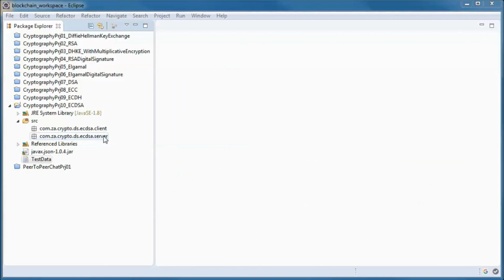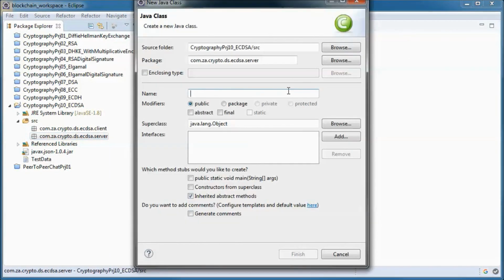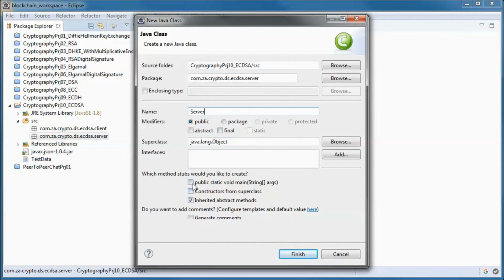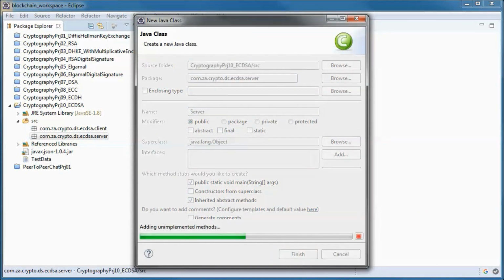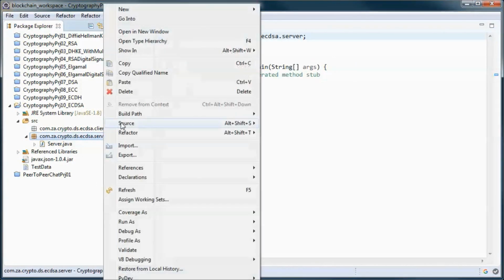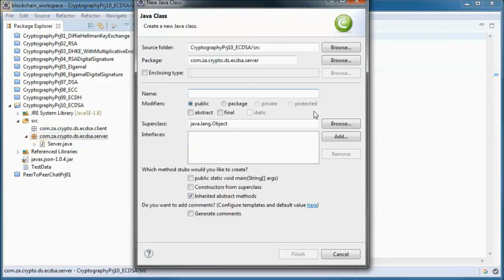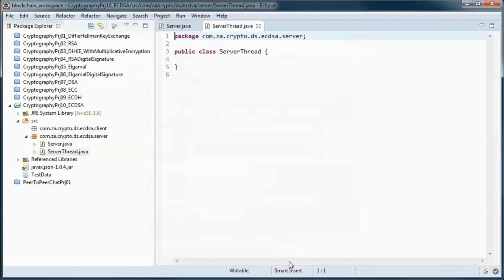Now on the server side we will have two classes, a server class with a main method and a server thread class, which will extend from thread.